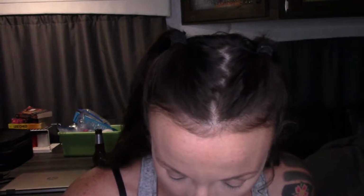Alright. So the next thing that we're going to be doing is eyebrows. Yep. And for eyebrows, we're going to be using this bad boy. I've had the Milani Stay Put dark brown brow sculpting mechanical pencil for, I don't know, about 3 weeks now,